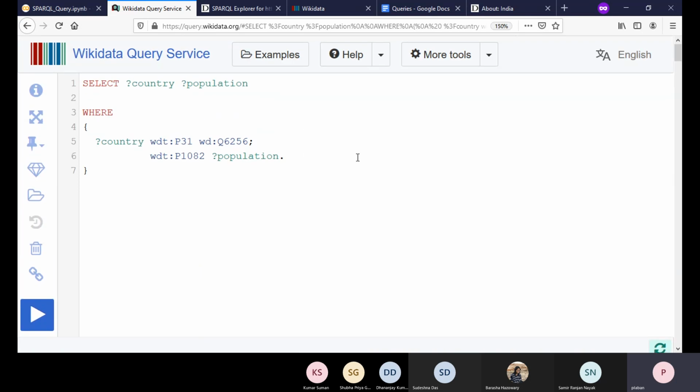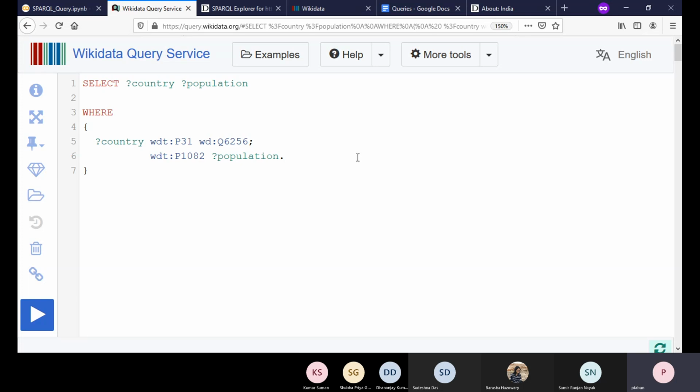So if we go by the DBpedia way, we could have used RDFS label, but Wikidata provides you with one Wikidata service. So there are different services that are also offered in Wikidata. One such service is the labeling service.